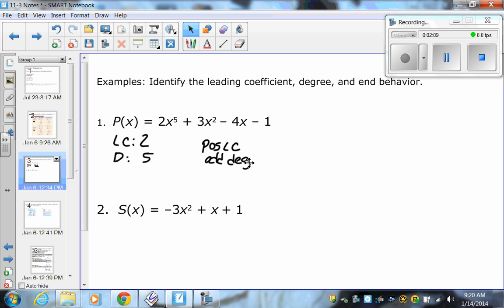So if you refer back to your chart, and what I would do is pause the video for a second and flip your page and look at the chart, and you will see that in the box that is for a positive leading coefficient and an odd degree, which is the box on the top left there, that your end behavior